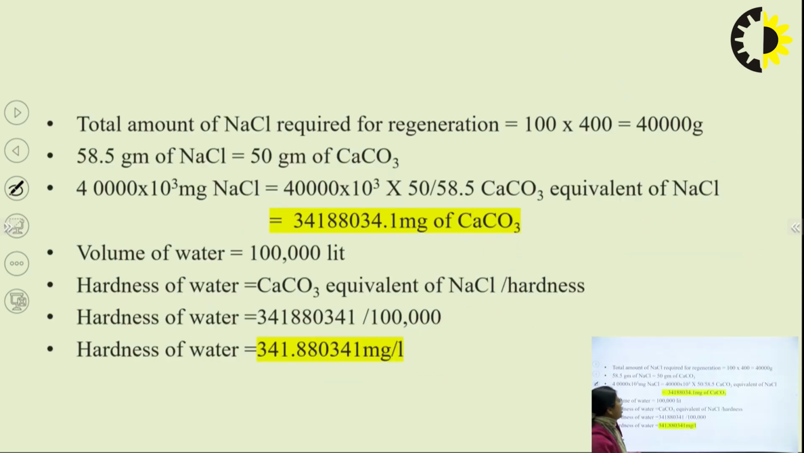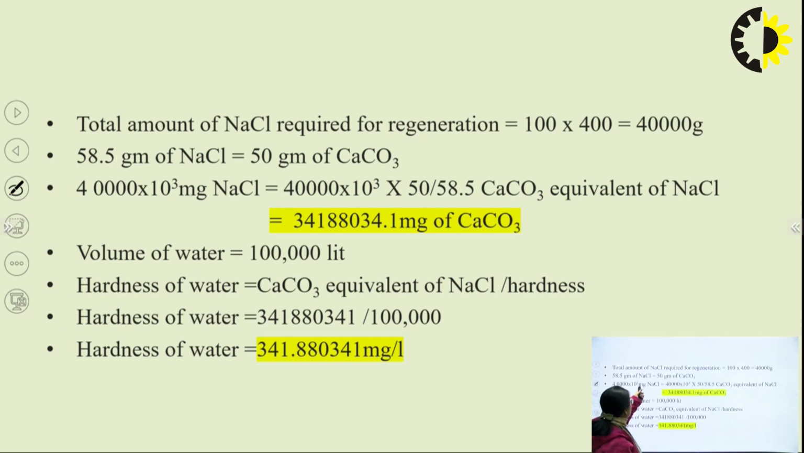Here, the total amount of NaCl required for the regeneration: 100 gram per liter is what we were dissolving, and we are using so many liters of such NaCl solution. So, a total of 40,000 grams of NaCl was required, and you can see 58.5 gram of NaCl, which is the equivalent weight of NaCl, is equal to 50 gram of calcium carbonate equivalents. Their equivalents, that means